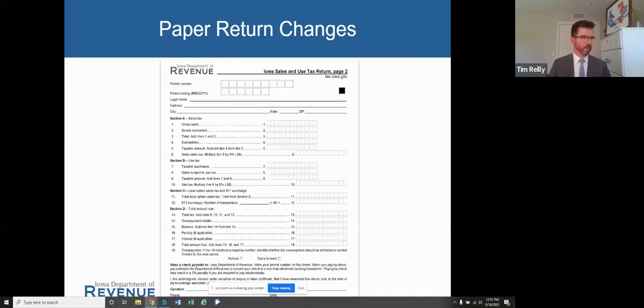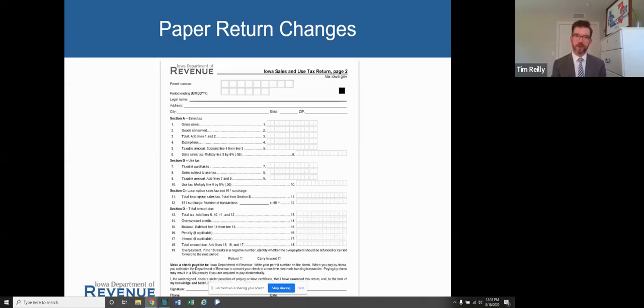I will note one question that I've gotten is if somebody's making sales subject to use tax, formerly known as retailers use tax, how do they report those exemptions? They can just back those exempt sales from retailers use tax out before they report it on that line. So they should not be included on the exemptions line on line 4 for sales tax, because it's not sales tax, it's use tax. So here's the new return.